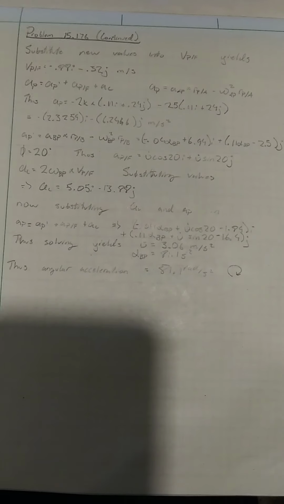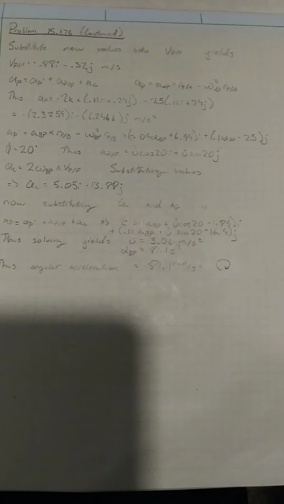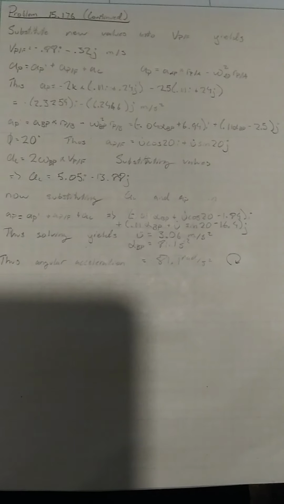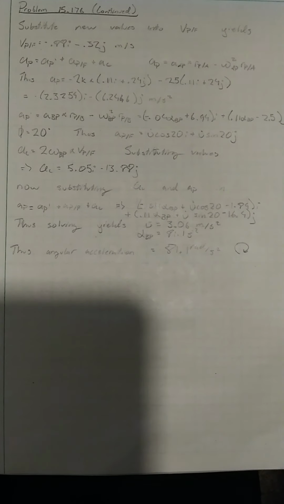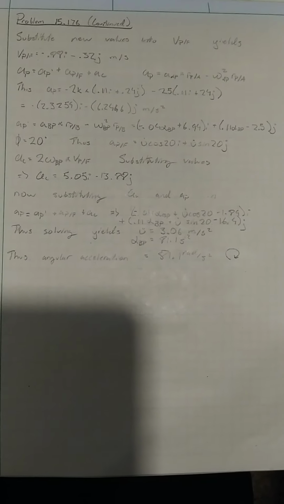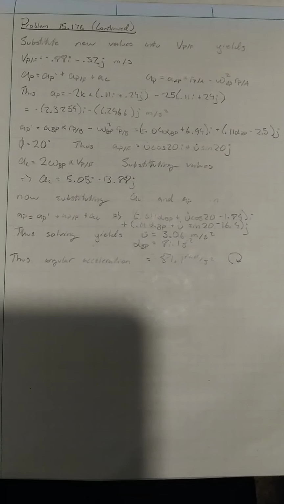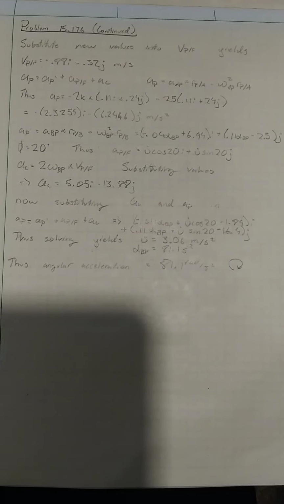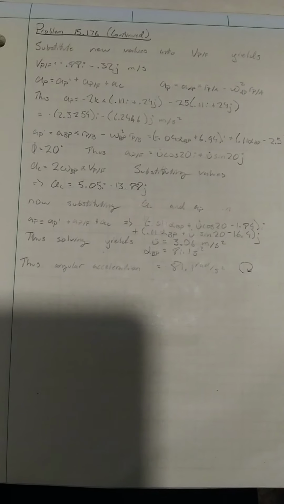Okay. So now we can go ahead and substitute those values back into the equation for v sub P over F, and that's going to give our velocity there. And then next we're going to be finding our acceleration, so we're going to use our a sub P equals a sub P prime plus a sub P over F plus a sub c, and then we manipulate that